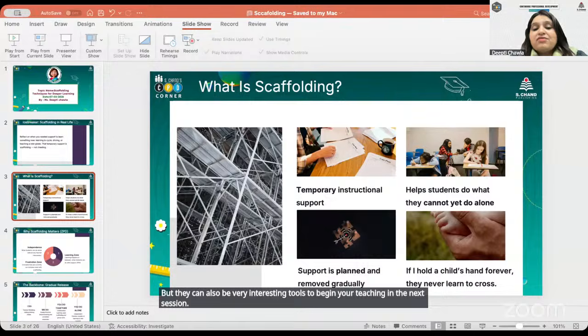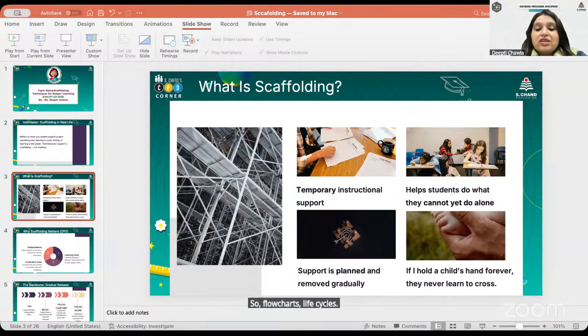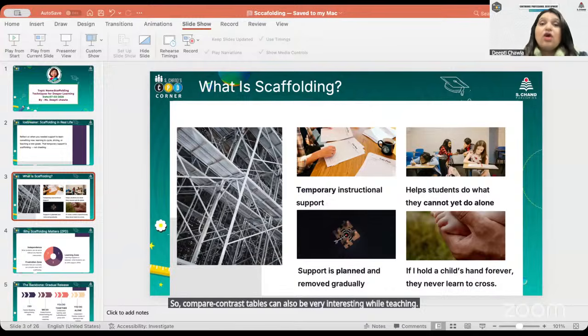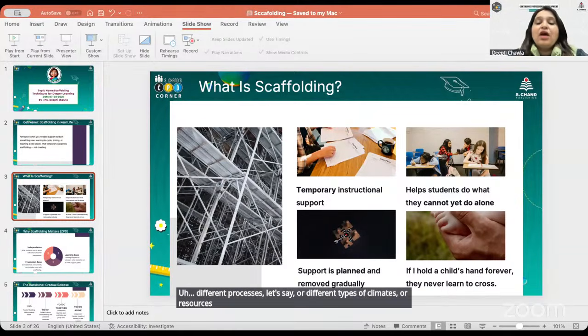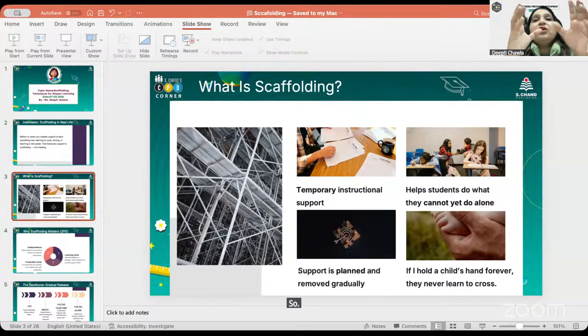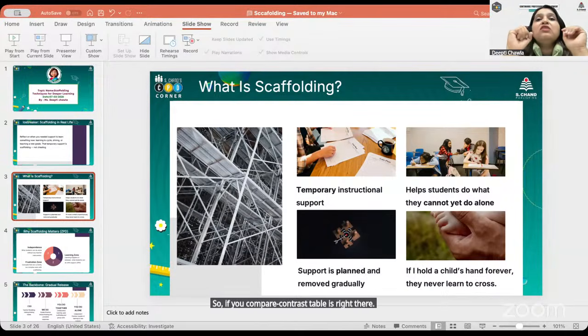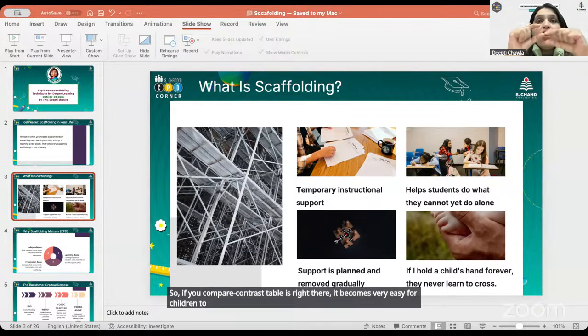So flowcharts, life cycles, timelines, cause effect, compare contrast tables. Compare contrast tables can also be very interesting while teaching scaffold techniques. So you are focusing more on, let's say, different processes, or different types of climates or resources of two places. If your compare contrast table is right there, it becomes very easy for children to focus on what you're